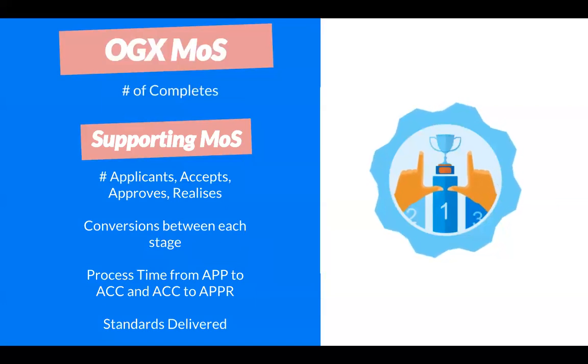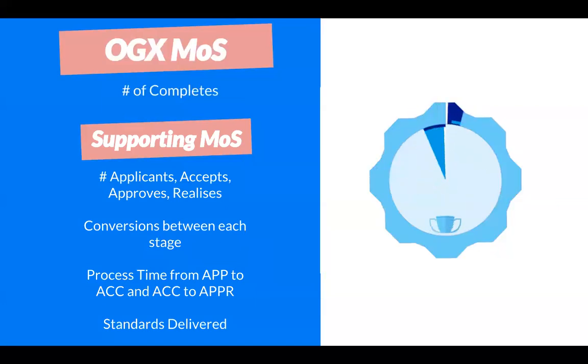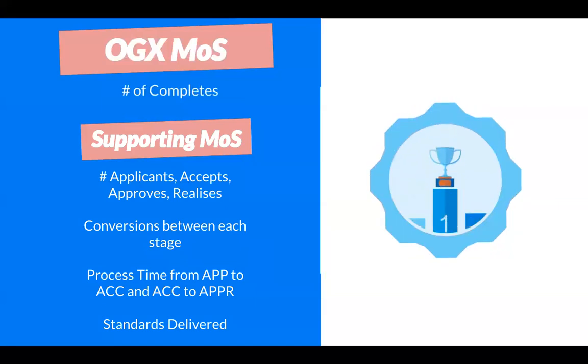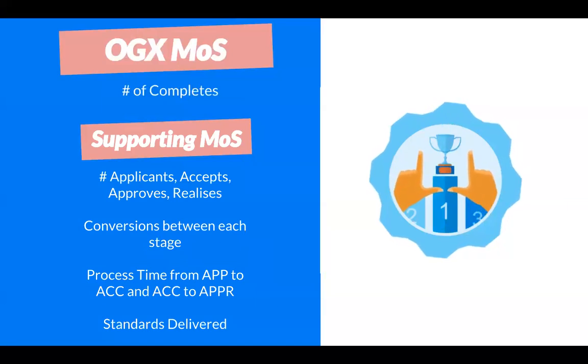So from sign up to applicant, from applicant to accept, accept to approve, approve to realize, and realize to complete. We manage the conversions between these, as well as the process time. So from applicant to accept and accept to approve, the process time is the number of days it takes for an applicant to actually become accepted